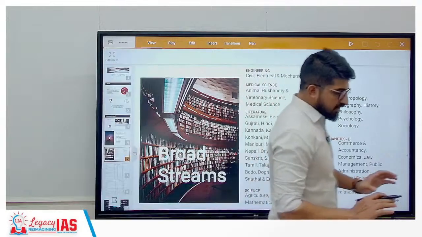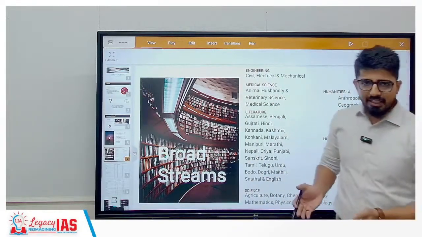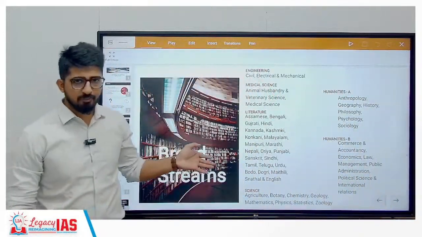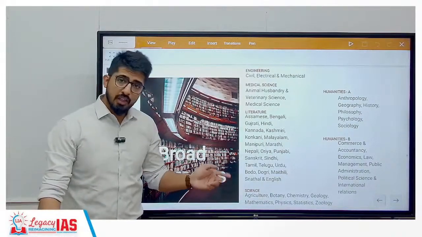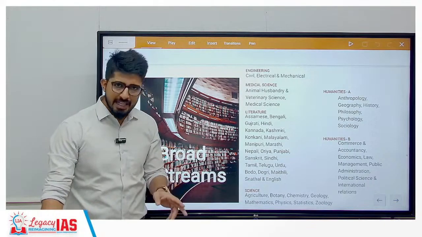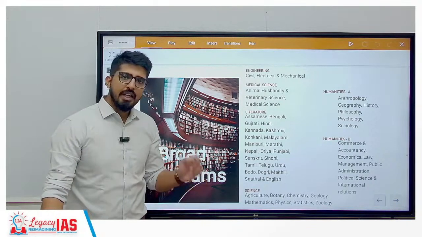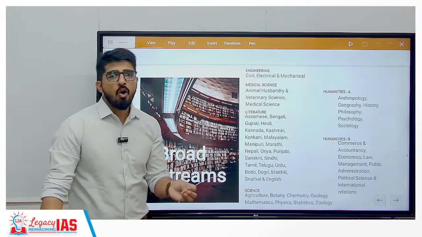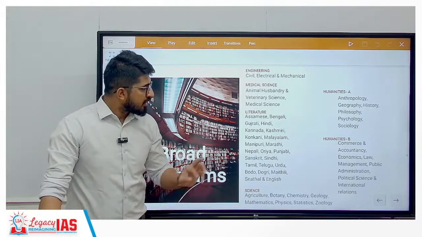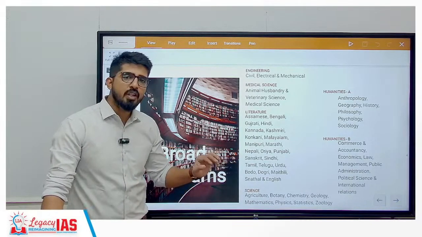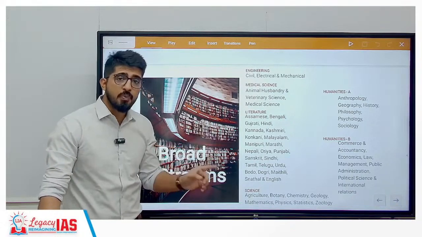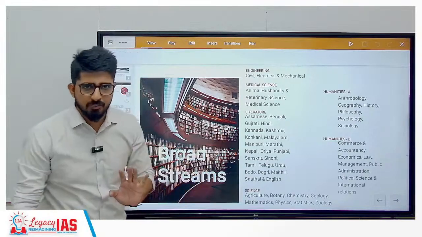Now, UPSC has given the data only in 2019-20. That's when it had given a report. After that also there is a report, the annual report of UPSC about the examinations. But it has not given the data related to the optional subjects per se in the latest report. So whatever data we are going to look at is going to be based on the 2019-20 report, which gave the data related to the optional subjects.